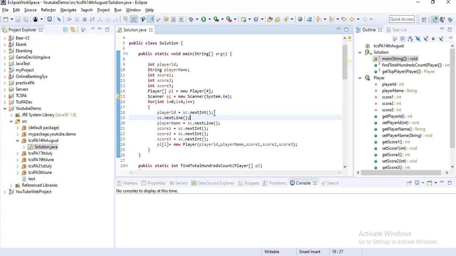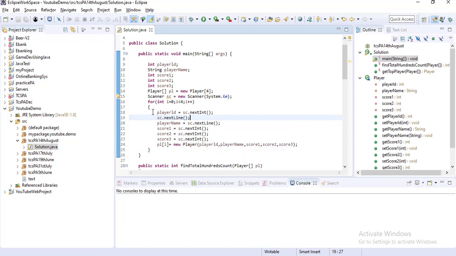You have to use sc dot nextLine, and then if you read the string, it will read the next string and store it in the player name, that is the string type variable. So after reading any integer or double, or any numeric value, if you try to read string values, then you have to use sc dot nextLine once again.